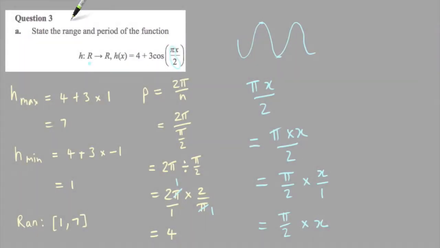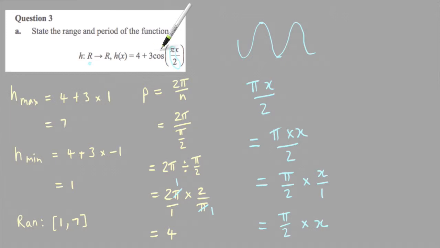Question 3, Part A. State the range and period of the function h of x is equal to 4 plus 3 cos of pi x on 2. So the biggest value of h, well, first of all, the range is from the lowest h value up to the highest h value. So the biggest h value, or h max, is equal to 4 plus 3 times